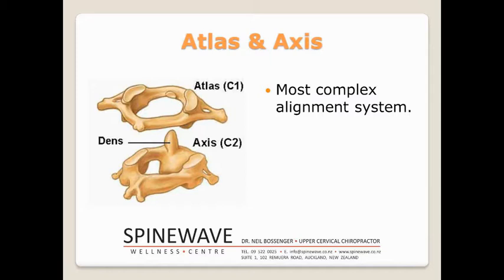However, the alignment allows for the most movement in the upper cervical spine. 50% of the rotation of the head in the cervical spine is in the upper part, and there are no locking joints, so that's why we can move our head around as much as we can, but it comes at a price with all that movement,